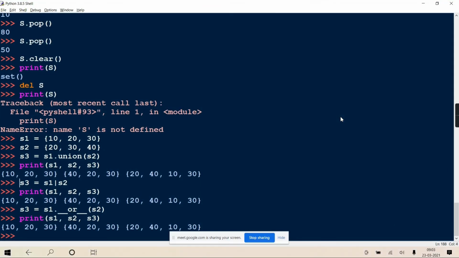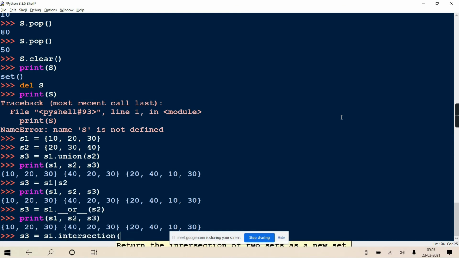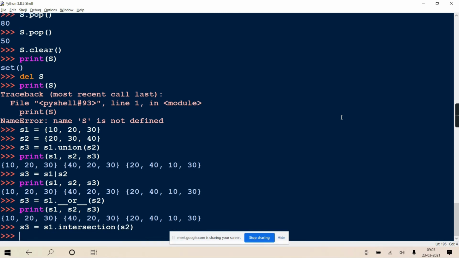Quickly here, in place of union I'll take the same S1 and S2. S3 equal to S1.intersection(S2), and if you print and see, it will give you only the common values. The common values are 20 and 30 in both sets.